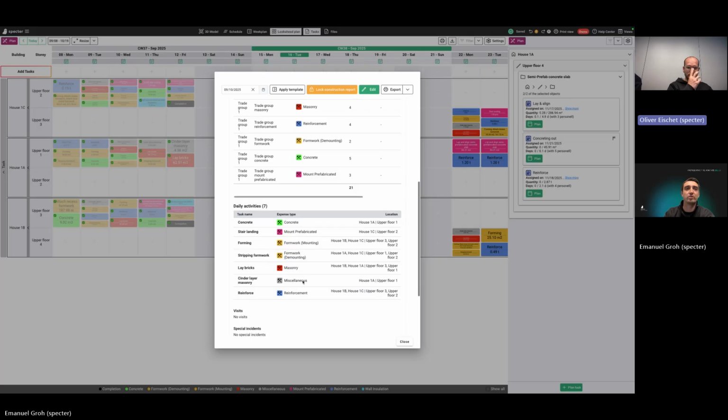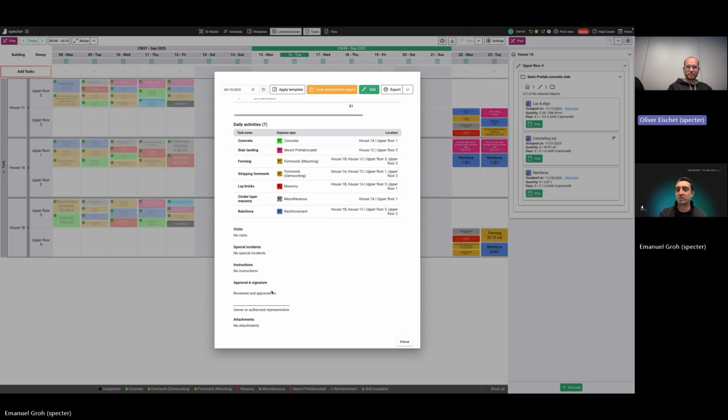The activities on site, maybe specific incidents, visits, images, and all of this can directly be done just by a push of a button. And the nice thing is, most of this daily report can automatically be taken from your short-term plan, right? Because it's the same information. So you don't have to document again. You can just take that existing plan,